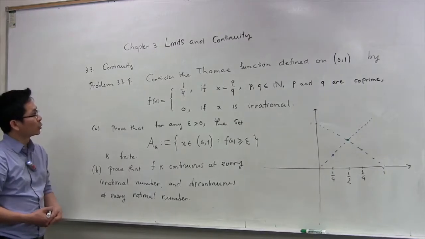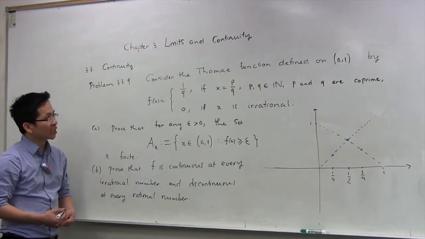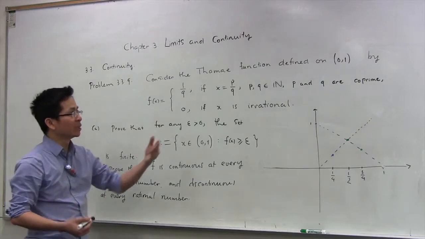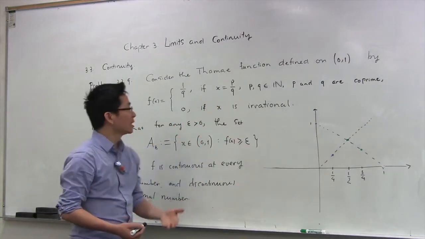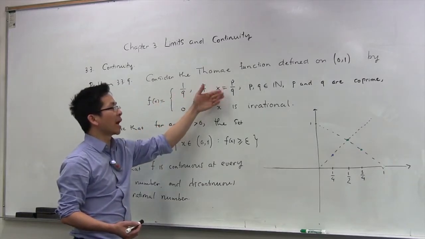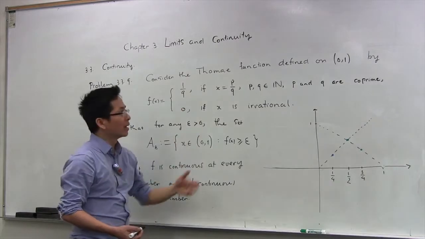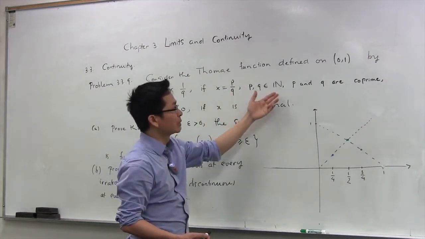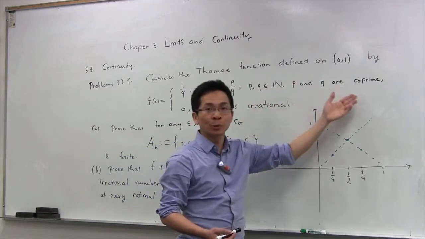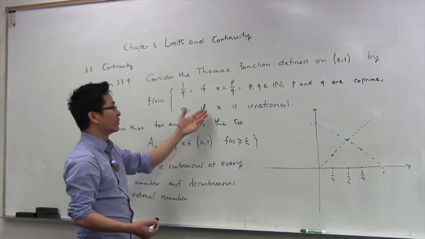In this video, we are going to work on problem 3.3.9 from the textbook. Consider the Thomae function defined on the interval [0, 1] by the following formula. f(x) is equal to 1 over q if x is a rational number given in the form p over q, where p and q here are natural numbers and p and q are co-prime. And f(x) is equal to 0 if x is